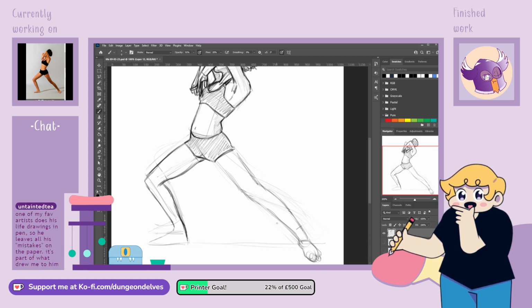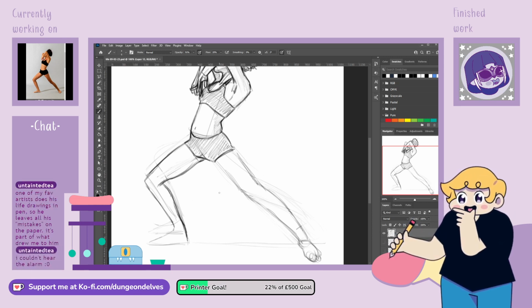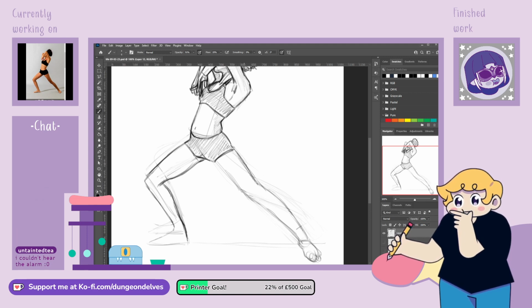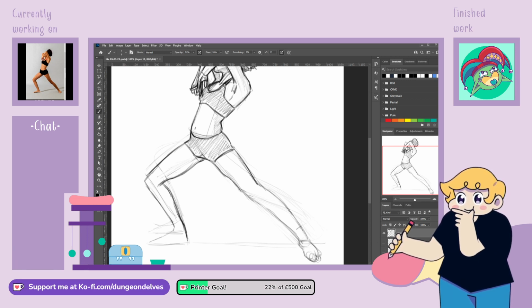Okay, well there is a foot in there somewhere. How much time have I got? Oh, 7 minutes. Okay, I need to get the foot in. Otherwise I'm not. And then I'll be sad. I'll be disappointed that I didn't get the foot in. So let me just get that and the knee.